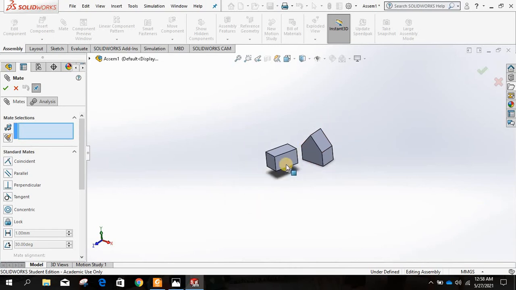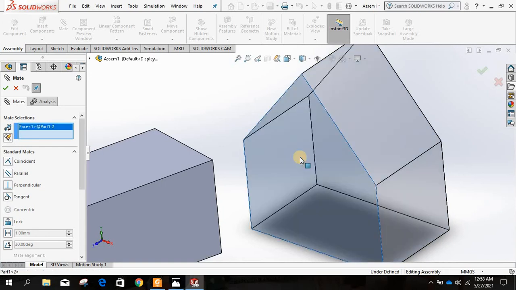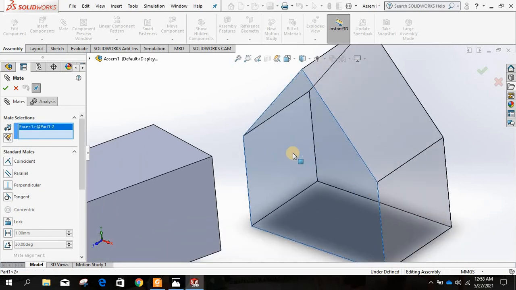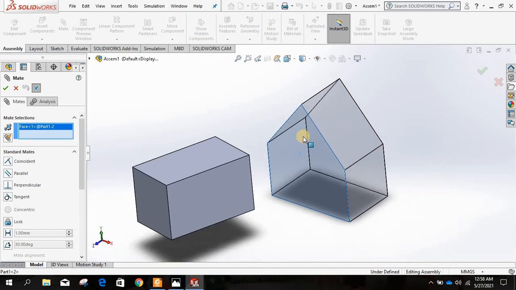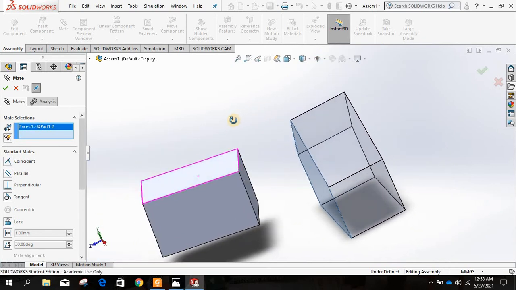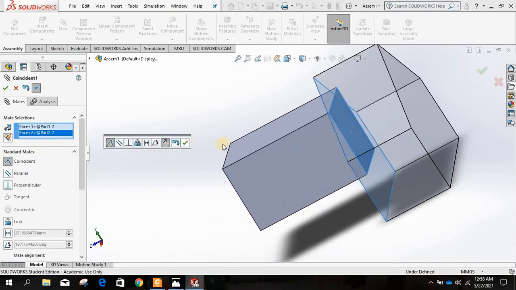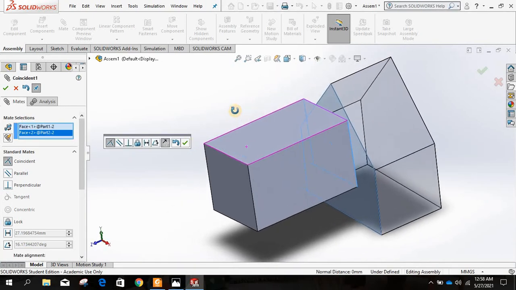So in our project here, this is the first face. Just use the left button of your mouse to click on the face. It will become like this, and you can see that this face has a bluish color compared to the other face. Then hold the roller and rotate everything, and then choose this face. Voila, you can see that. So this is the first mate.